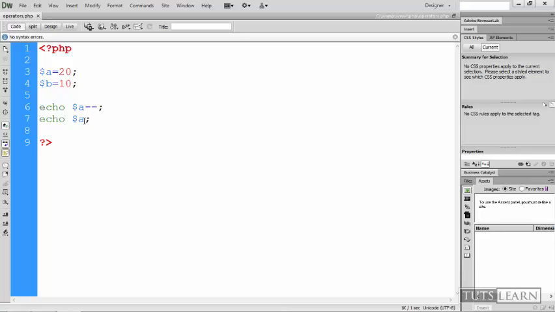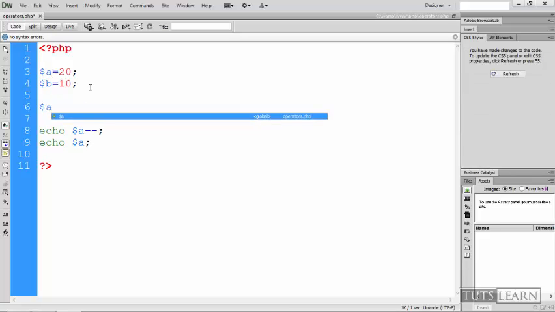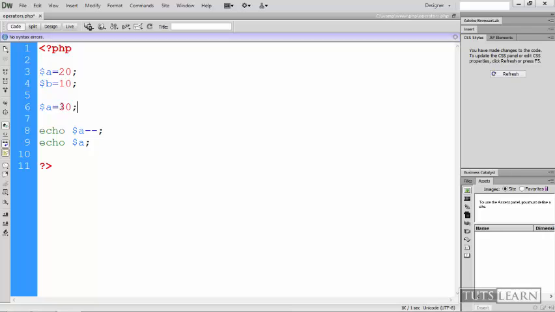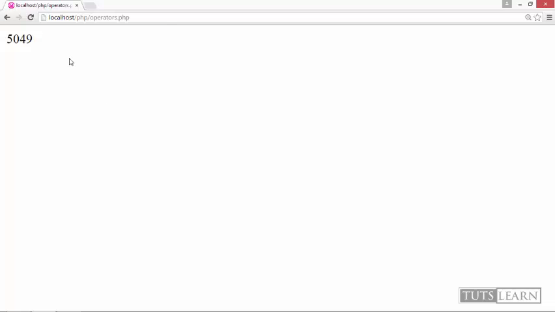In a similar way, we can do the assignments. Assignment operators are equals to, which is this. This is basically assigning the values of something to variables. So these are assignment operators. In a similar way, you can assign other values. For example, let me type $A. If you type equals 30, then this means that you are assigning a value of 30 now. Or you can do plus equals 30, which means